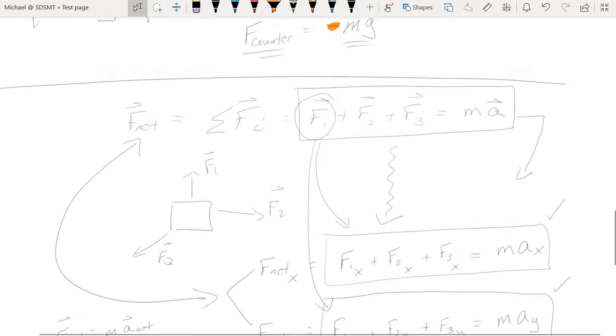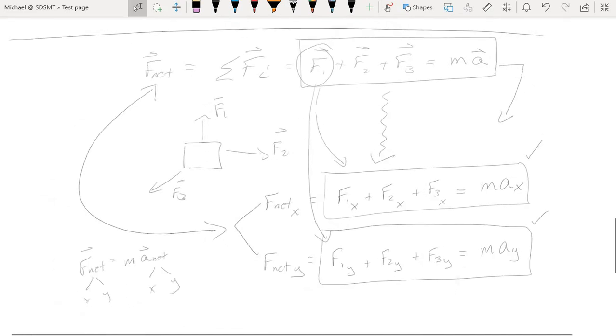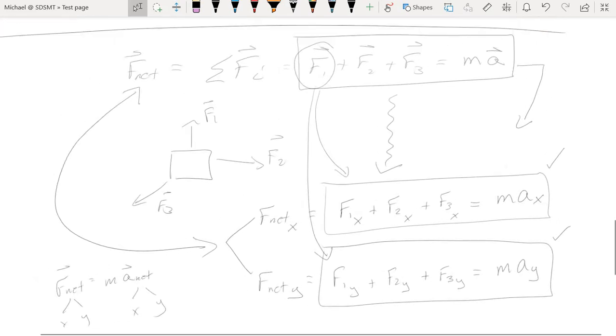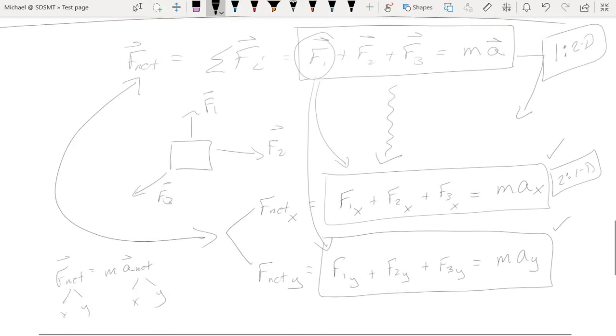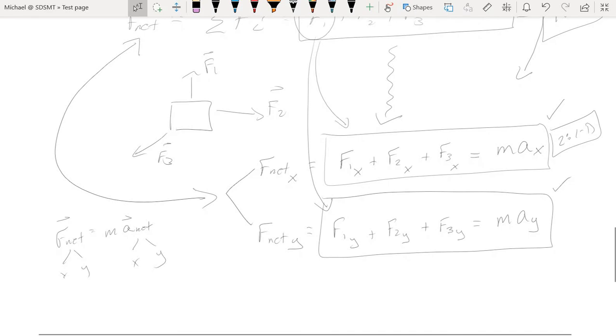Because right now we can see that, trying to zoom out here, it doesn't want to let me. But right now our choices are to do one two-dimensional problem or two one-dimensional problems. And at this point in the semester, we should be pretty proficient in breaking up vectors and performing one-dimensional